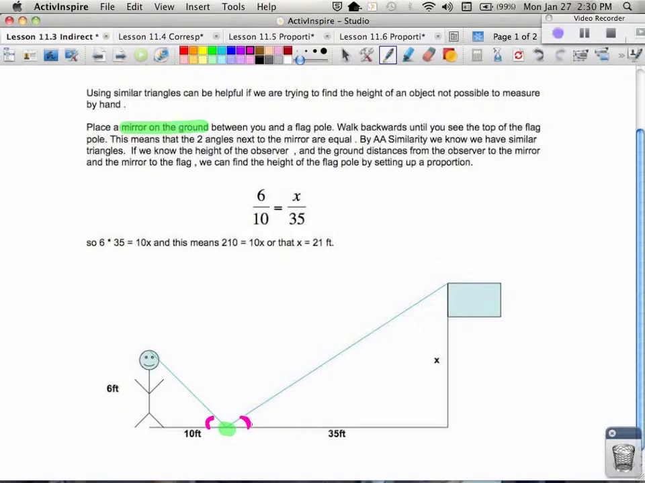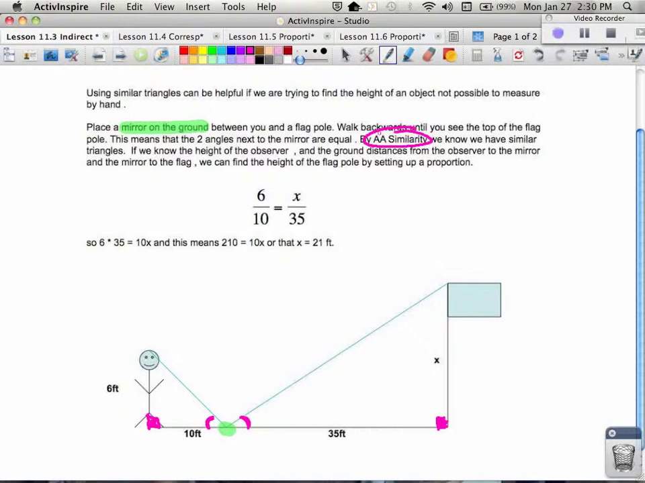In addition to that, we also know that we have right angles, like the right angle between the person standing and the ground, and the right angle between the flagpole and the ground. Hence, we know by angle-angle similarity that we have similar triangles. In other words, the triangle on the left and the triangle on the right are similar. Well, that tells us then that each of the sides are in proportion, or in other words, they have to have the same ratio. So what that tells me is that I could write down a proportion in order to